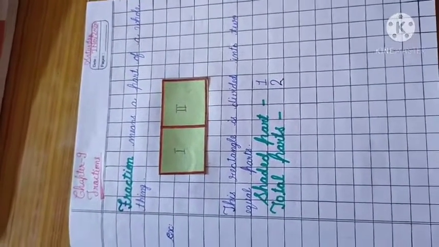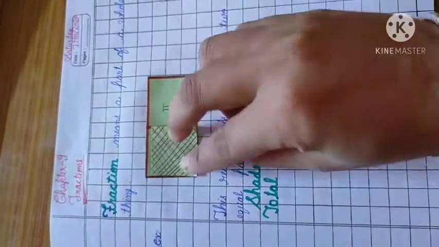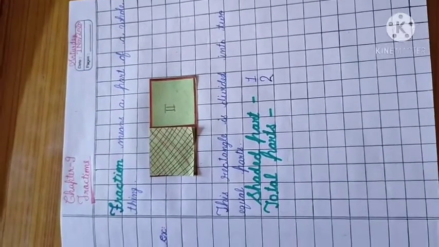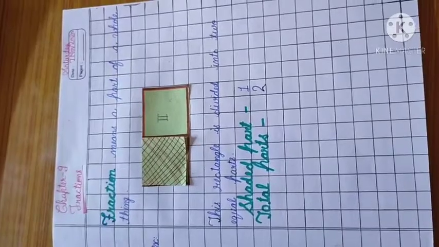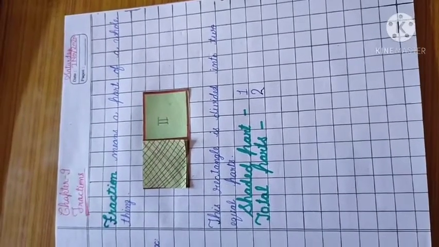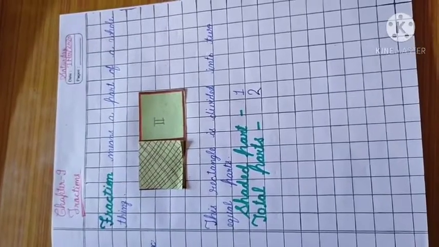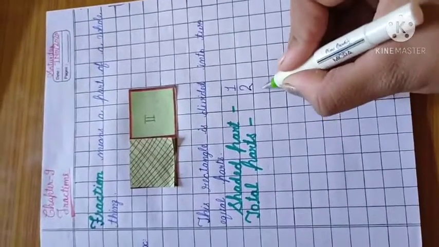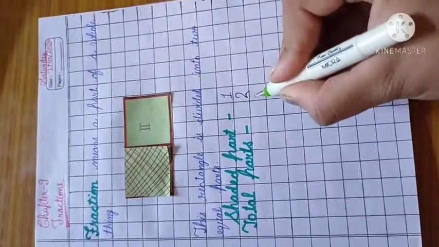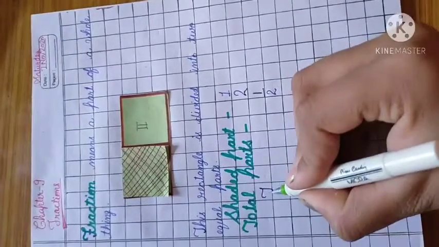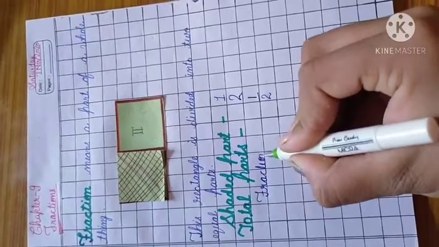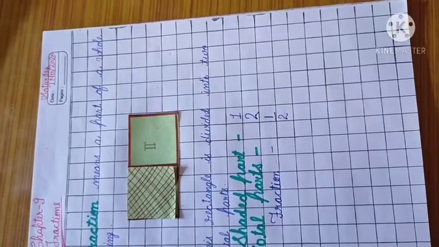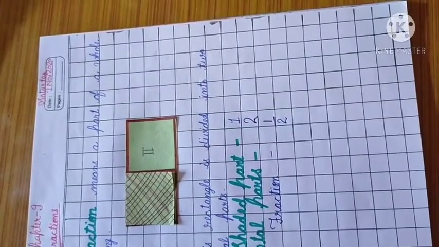Now look at here. One part is shaded. One part is shaded and total parts 2. So what is the fraction for it? 1 by 2. Fraction 1 by 2. What is the fraction? 1 by 2. So a fraction is a number that is used to show how many equal parts